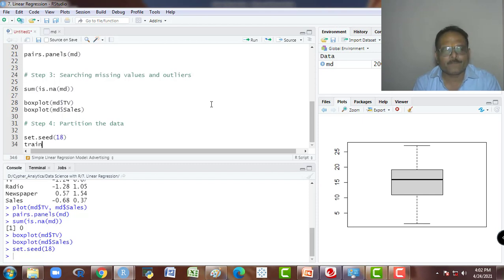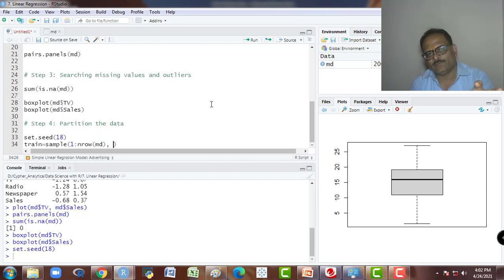So I run this, and then I make a train data set with sample, 1:2 and nrow of MD, and this is my data.